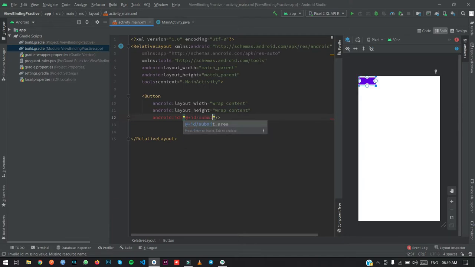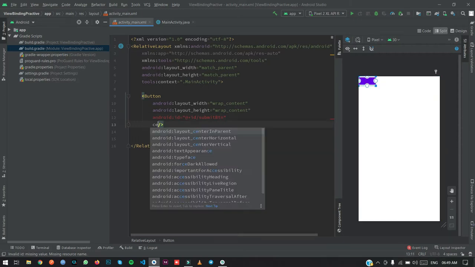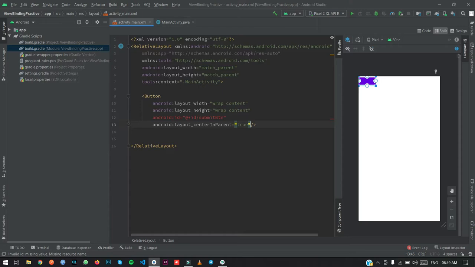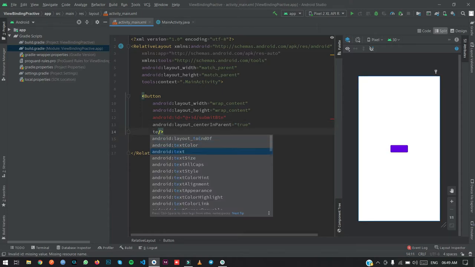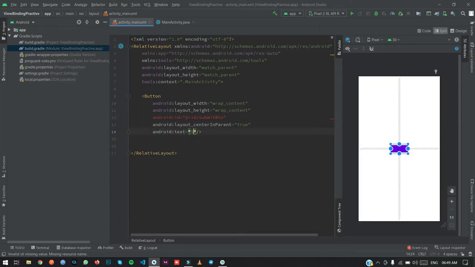So I'm giving it the name submit button, centering it in the parent, true, giving it the text submit. As you can see, I have given the name submit button.